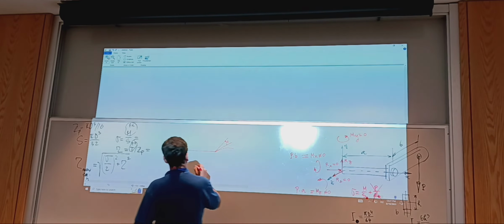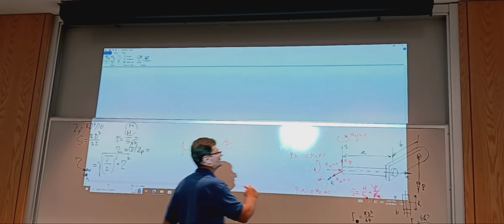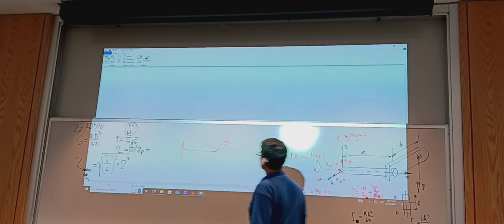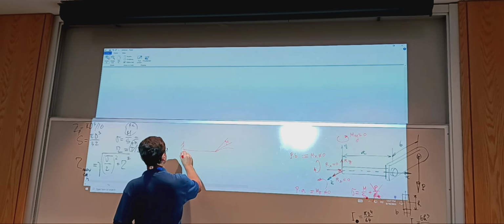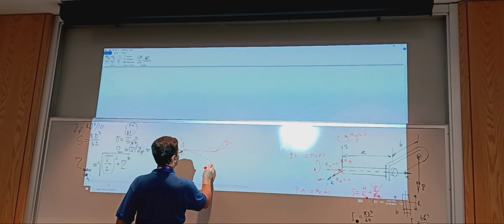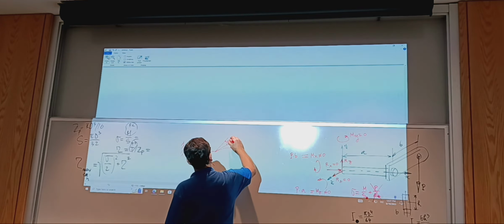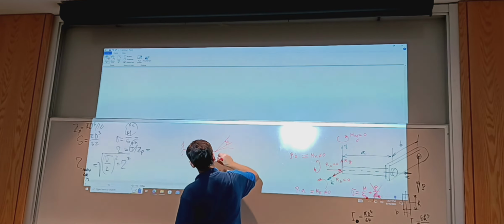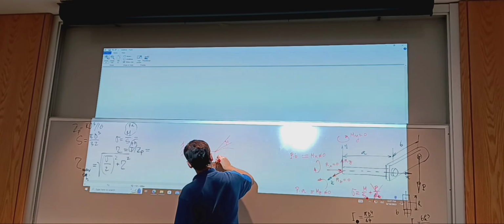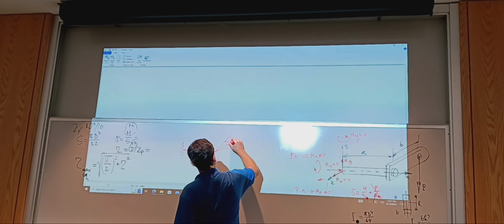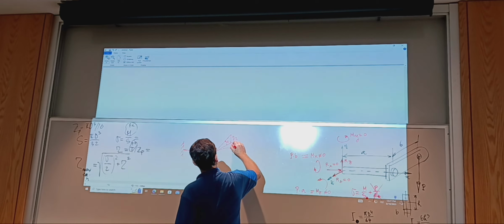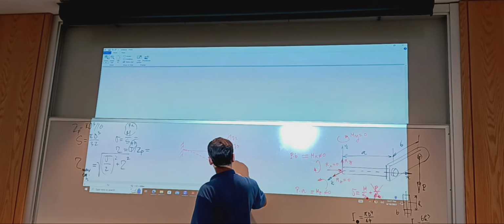And then the circular, solid round portion is deflecting. So I have total deflection would be y1, and then y2, and then y3. So y total,